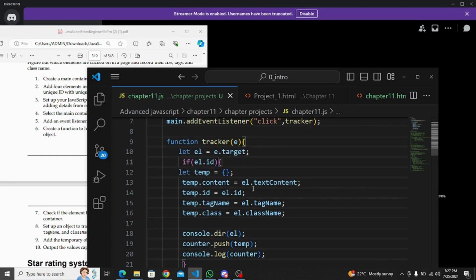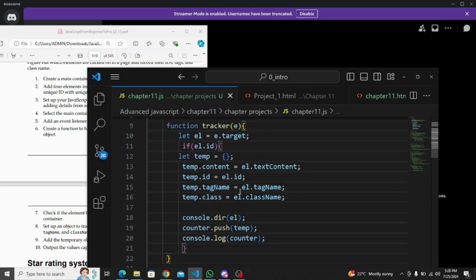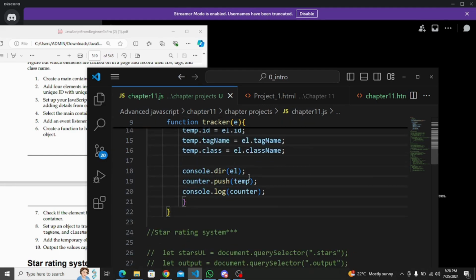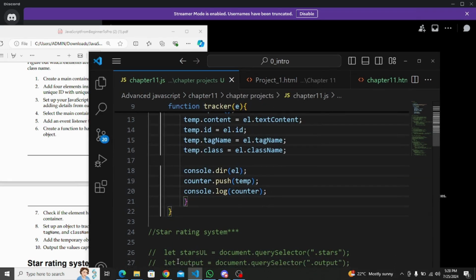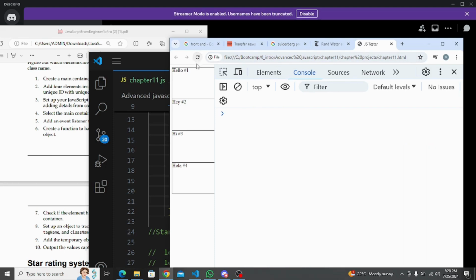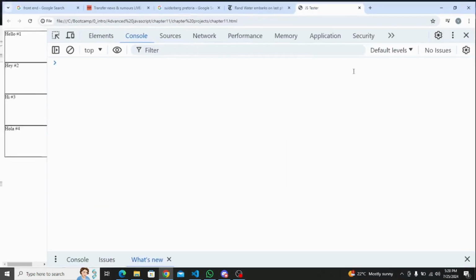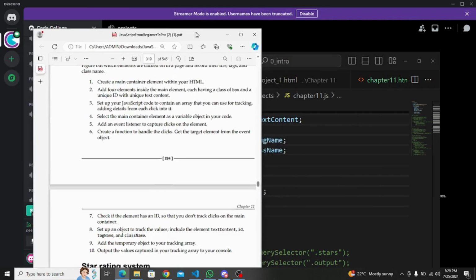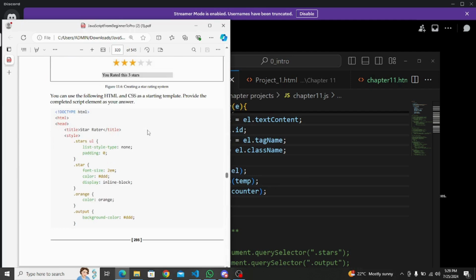we used an if statement here. If element.id, we created a temporary container, and then on this temporary we had to look for content, we had to look for ID, tag name, class name, and then we consoled our element, and then we pushed our temporary counter. So we're just gonna refresh our console, and then we're gonna go straight to the next